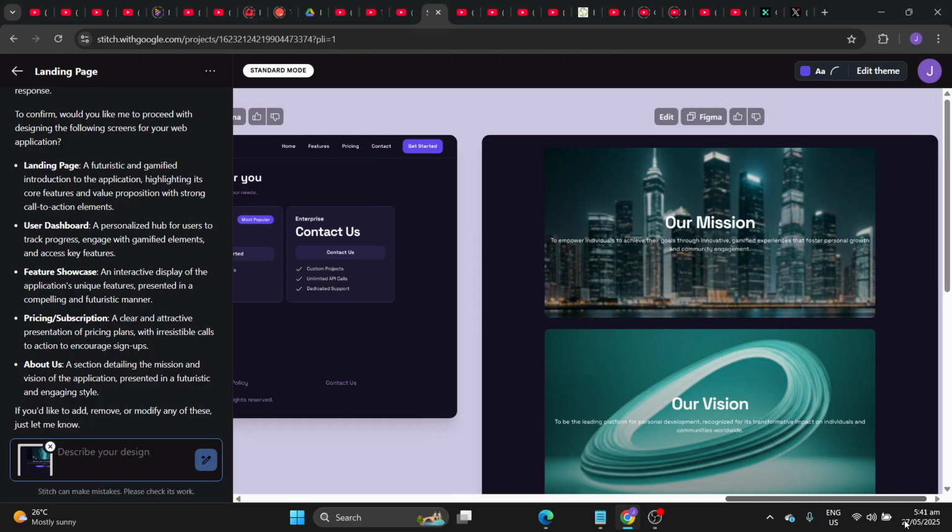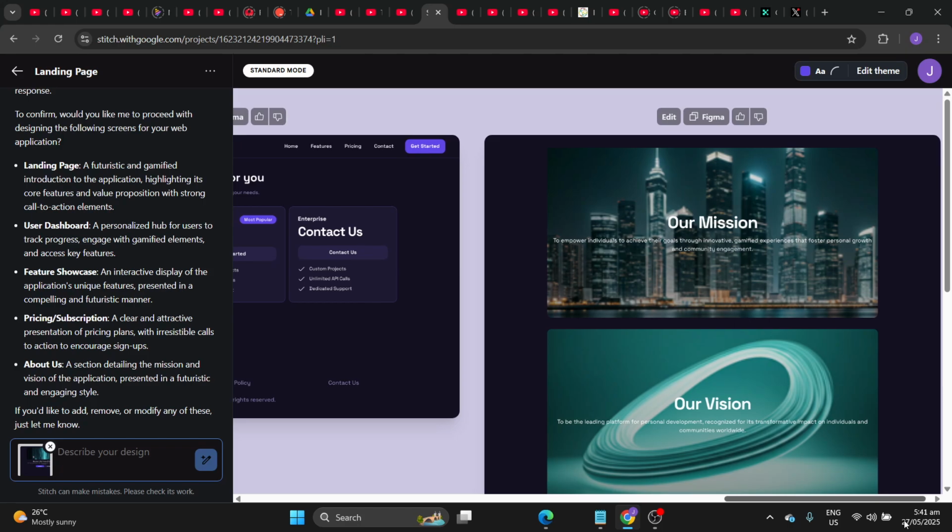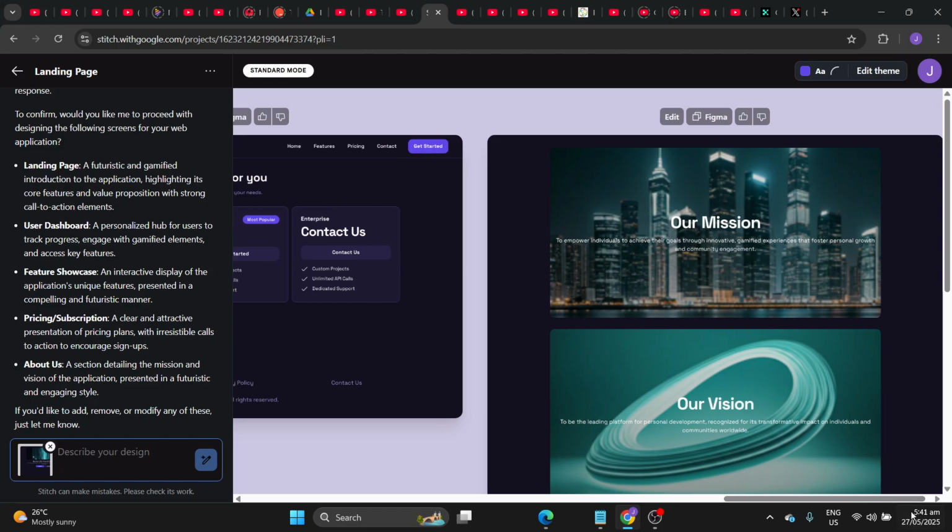Now, if you were to take this and provide it to an AI code editor, it will build it with ease. So it's another tool to have in your arsenal, it will come in handy at times. It's free, a product of Google, bringing us to the end of this video.